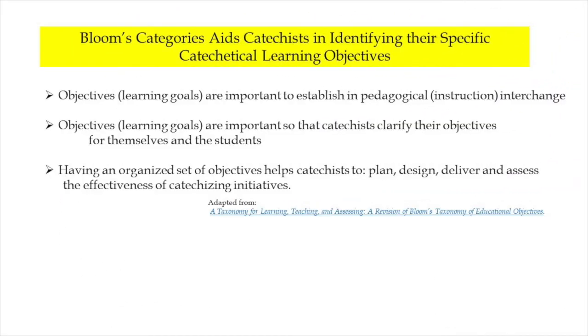Bloom's categories can aid catechists in identifying their specific catechetical learning objectives. They stress that objectives, learning goals, are important to establish in pedagogical instruction interchange in learning. Objectives, or learning goals, are important so that catechists clarify their objectives for themselves and for the students. Students need to have a sense of what we are addressing, why it is important, and what it means for